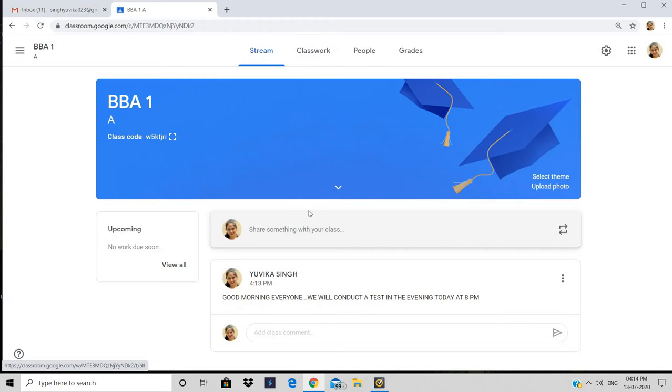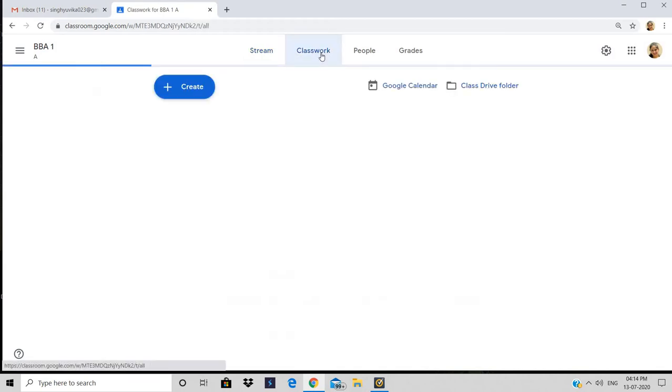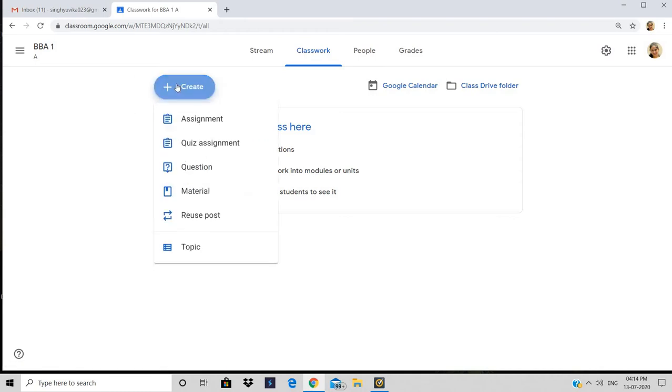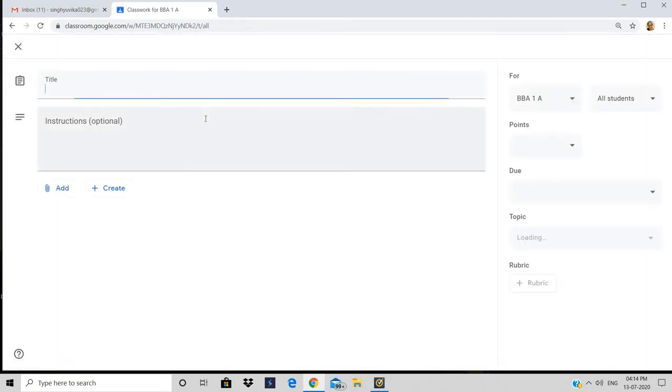Next, if we have to assign any kind of classwork, what can we do? We can create any kind of classwork for our students. That may be an assignment, a question, or any module or unit. Let us see what we can do. First of all, we will move into an assignment.